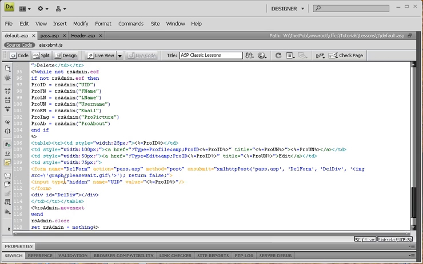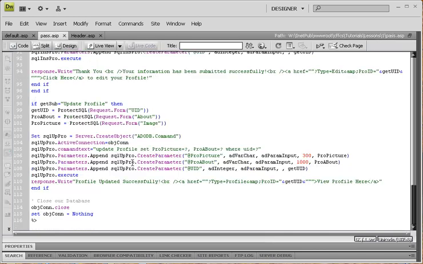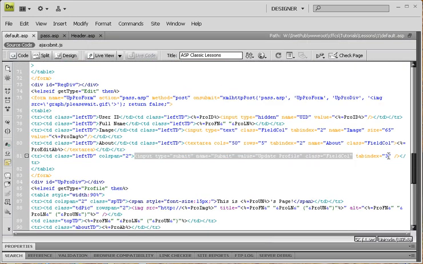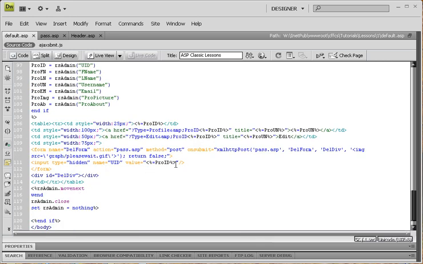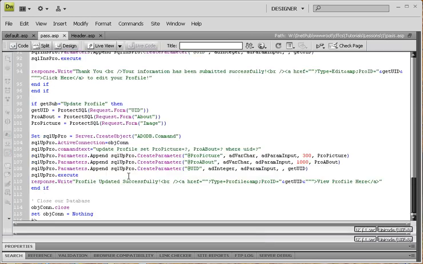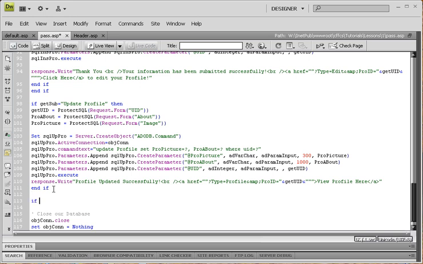We got our user ID that's going to be processed and passed to our page here, but we forgot one thing though. Let's go up and grab a hold of this, and this is going to automatically just be there. So just choose to delete it. So then we go down here. If get sub equals delete, then end if. So UID equals for text SQL